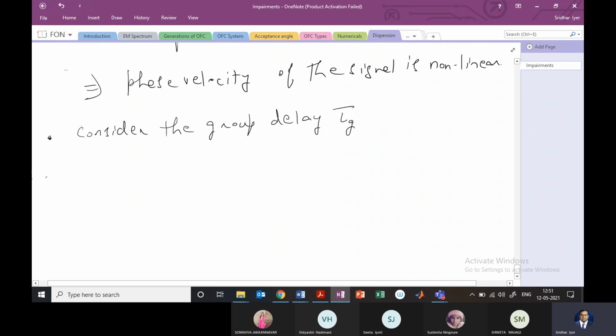So when we consider this group delay, I'll write this equation tau g, and this will be 1 by Vg, where Vg is the group velocity and